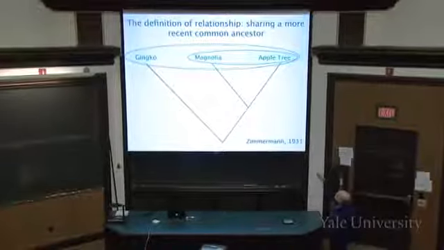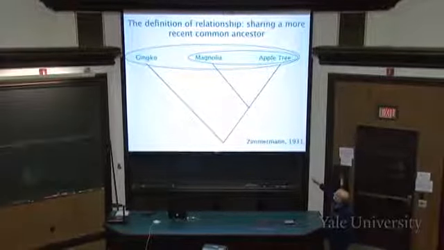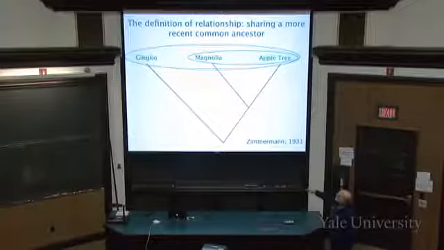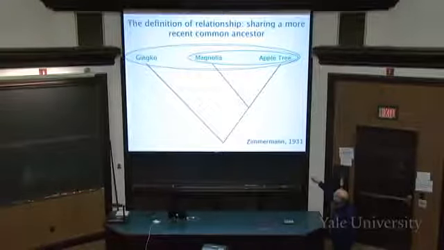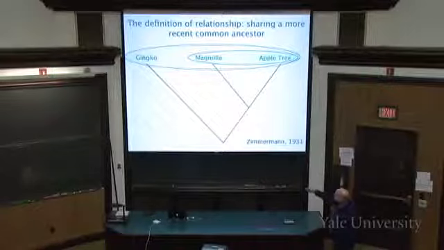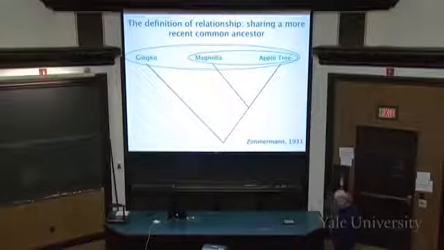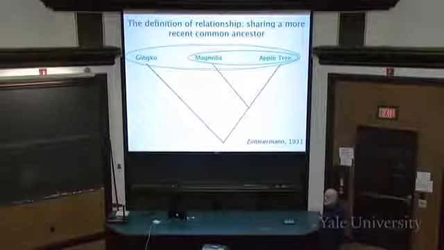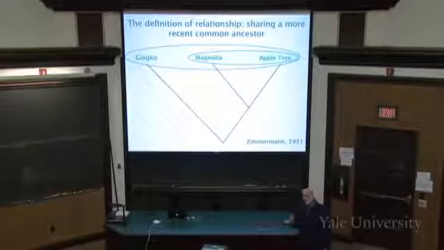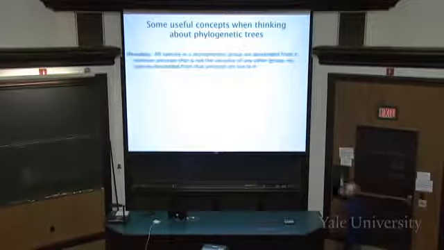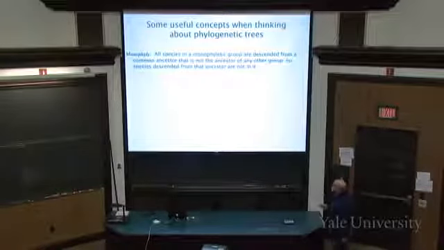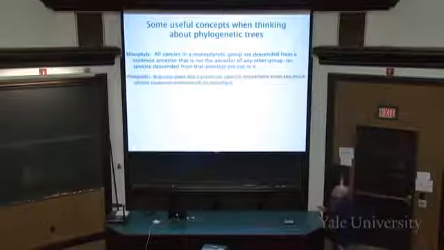So magnolias and apple trees are more closely related to each other than either is to a ginkgo, because this point on the tree is later in time and connects them than this point on the tree, which connects them to ginkgos. Seems like a very simple idea. It wasn't really clearly articulated until Zimmerman laid it down as a principle in 1931. Now, some of these concepts you've already been through, so I'm going to simply mention